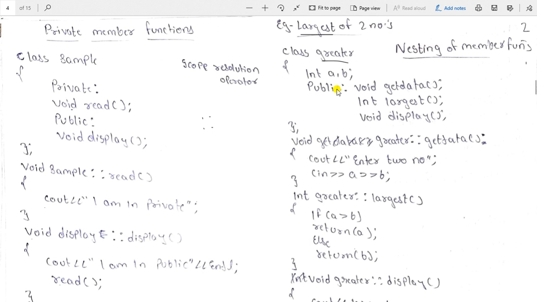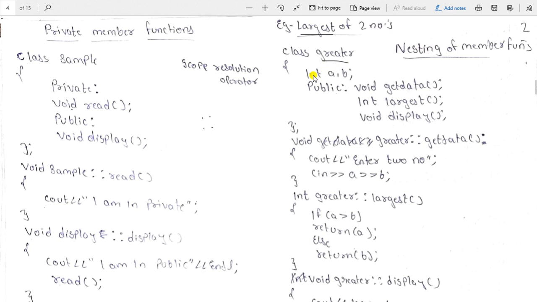If we do not put the public access specifier, then these functions will also go to the private access specifier. Protected is another access specifier which I will explain in a coming video.